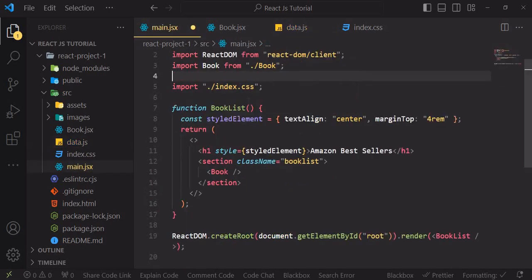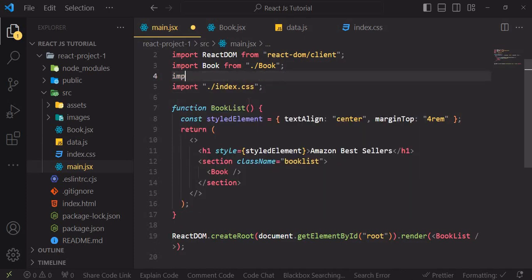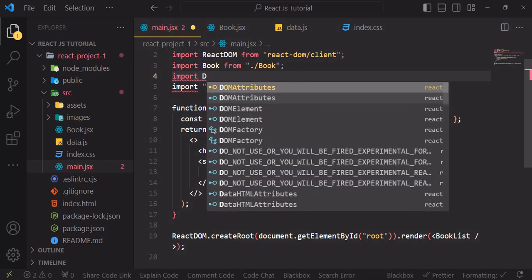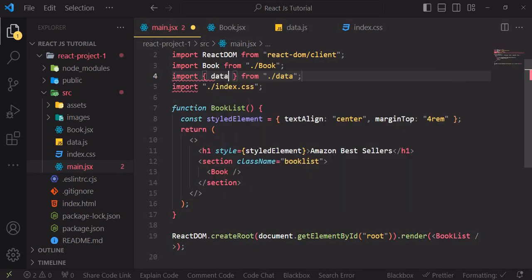So to import it in main.jsx is going to be import data. I think it's data like this. Import data. Can you see? It will automatically import it for me. So this is a named export. So that's why we're having it like this. So what I'm going to do is this. I want to